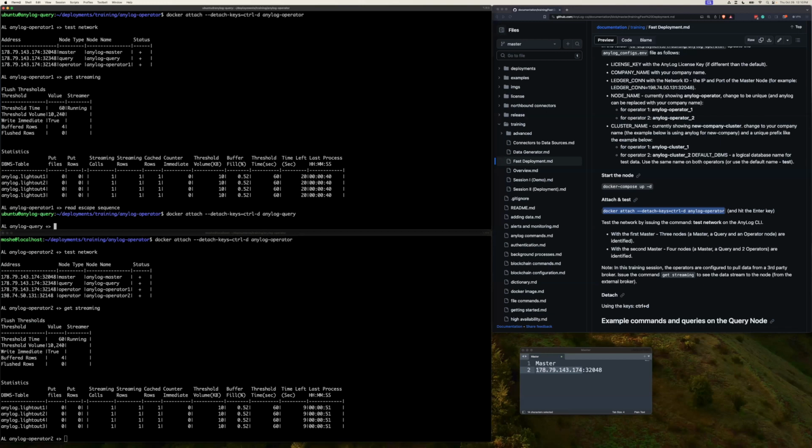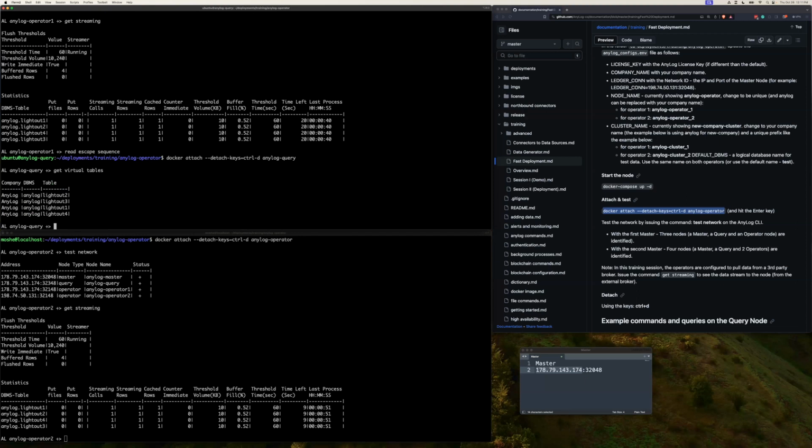For example, I can issue the same queries from an operator node. When an application connects to the node, it can ask the node for the virtual tables. If I run get virtual tables, we will get the reply that an application gets when it receives the first list of tables. In this training, I did not create the tables. The tables were automatically created by the streaming data that each operator received from the subscribed brokers. These are the tables laid out 1, 2, 3, and 4, and they are all assigned to the default DBMS